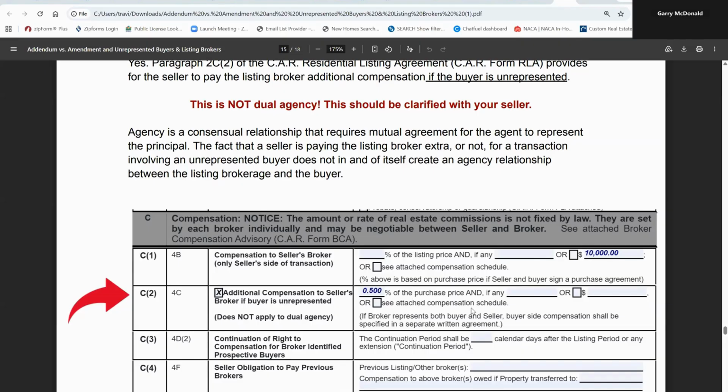That is you getting a buyer rep agreement in place with the buyer, and then you stating what commission you want to earn on the purchase agreement to your seller. That is how you earn both fees. This fee right here is for when the buyer has no representation, it is not dual agency, you just have